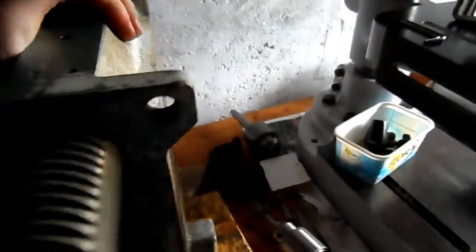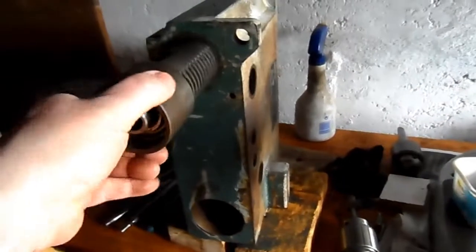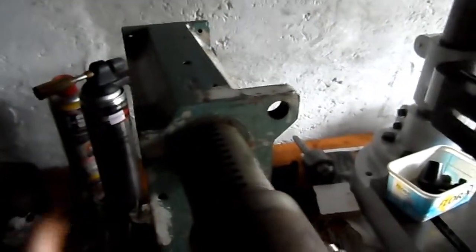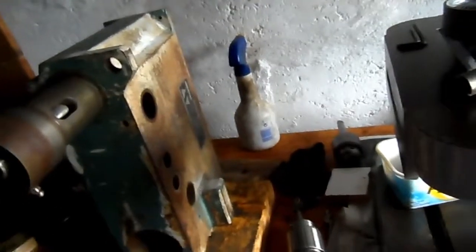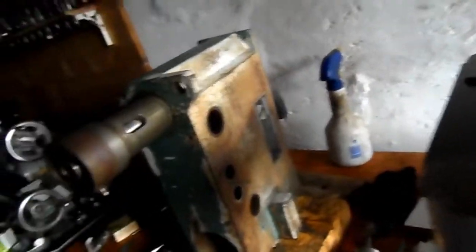Time will tell. So that must be about 20 minutes now, folks, so I'll let it go at that. I'm going to try and get this done today, because I'm really quite keen to start painting this, get it all cleaned up, undercoated, enamelled, and then start putting the parts back together, because this has been dragging on long enough now. Like I say, I don't get a lot of time up here. I've got other commitments,